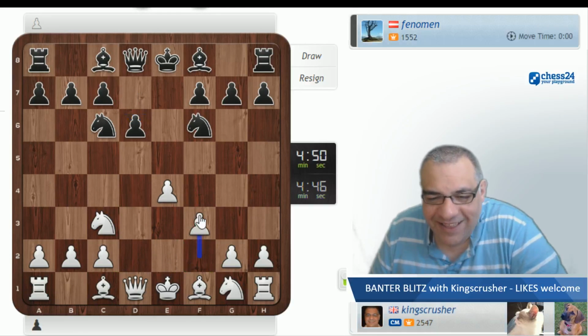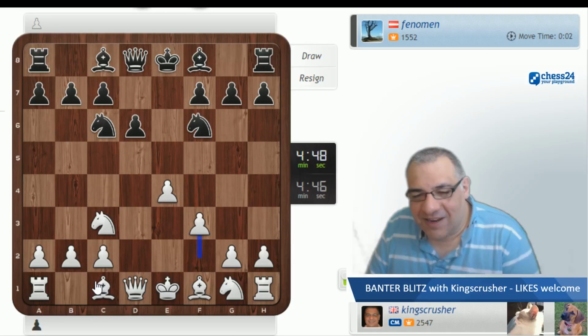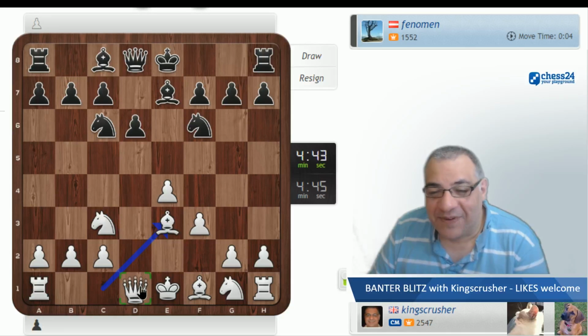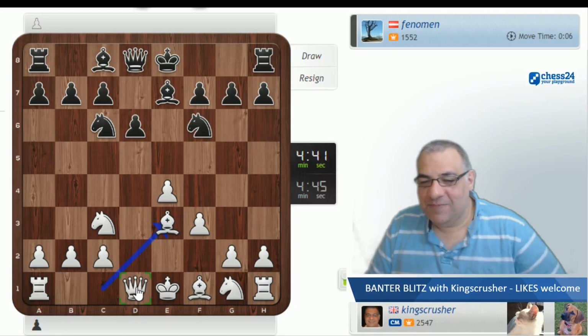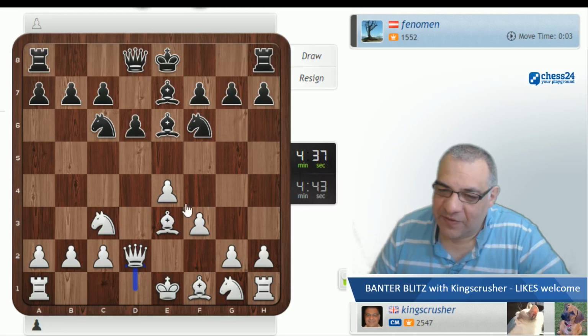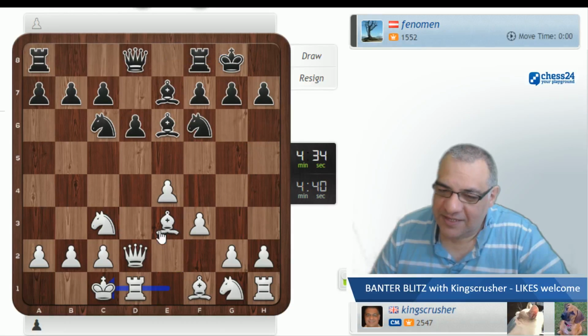I'm wondering why I played Queen D1. I think that's a novelty. Usually it's Queen E3, so this is a major novelty. But because I don't think he's played the most critical D5, I might be taking advantage of the fact I've got this situation with this battery,